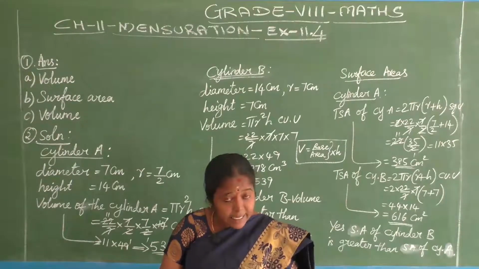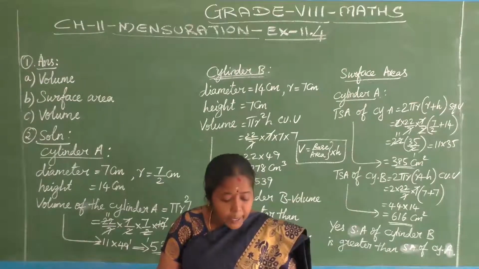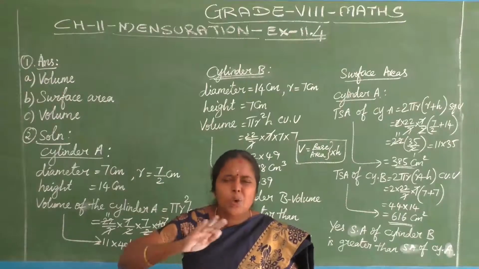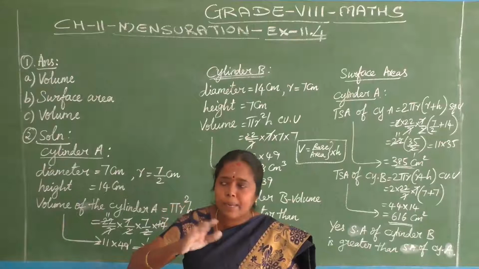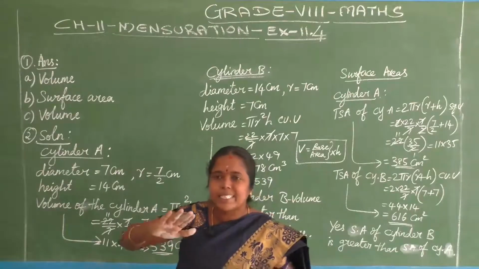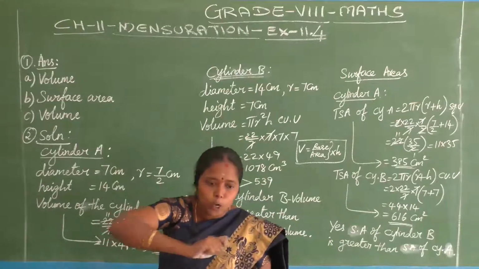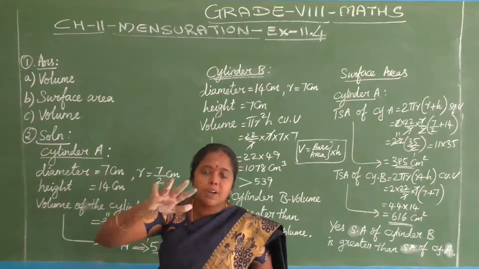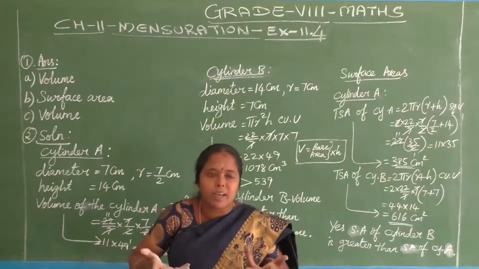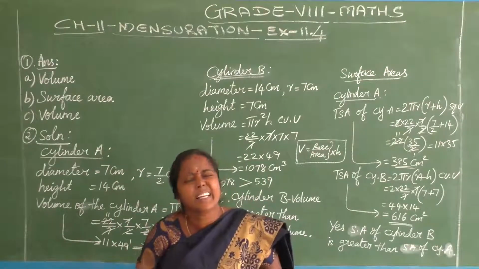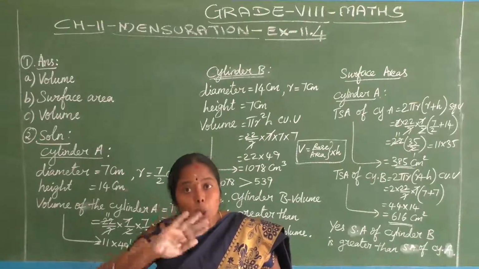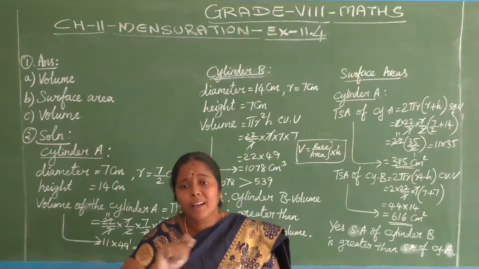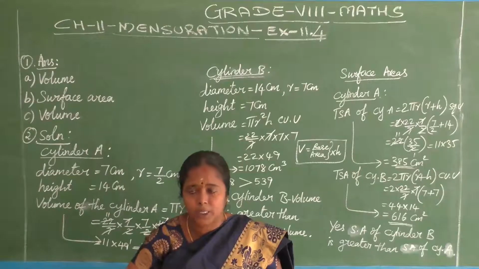Understood? Second question, the number of cement bags required to plaster it. Actually, what is meant by the word plaster? Plaster means giving a coat, extra decoration, making one more coat. While painting, painters will apply one more coat for the wall, no? To make it look neat, they will give an extra coat. That is decoration based. So where will they do that plastering work?